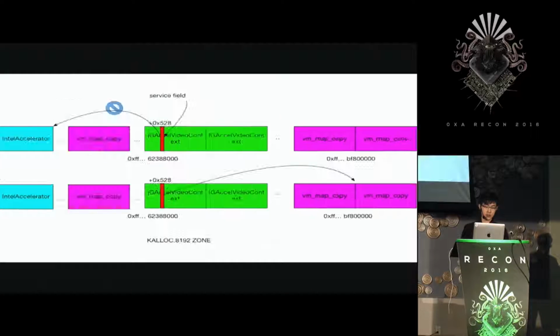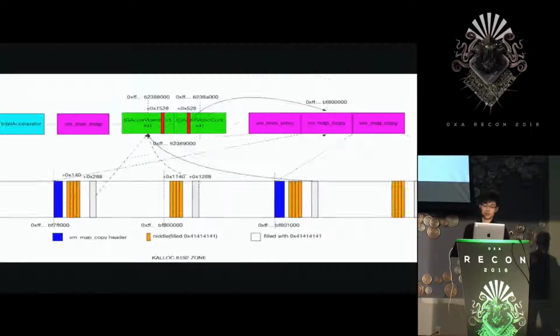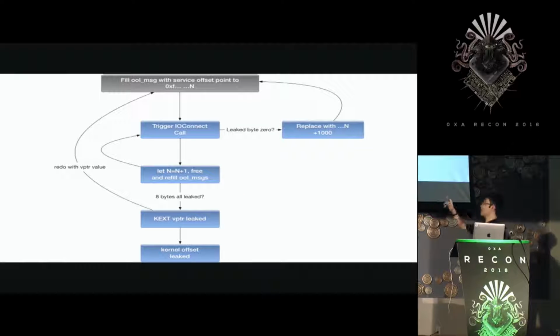So we need to do about 8 info leaks, and we repeat the steps, letting n equal n plus 1 byte, and we do a free and refill the OR messages until we have leaked all 8 bytes of the virtual pointer of this KST. And with this KST's virtual